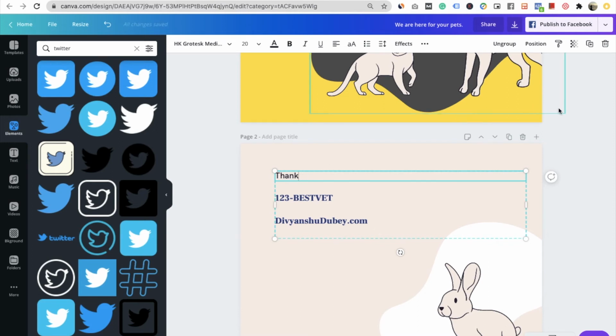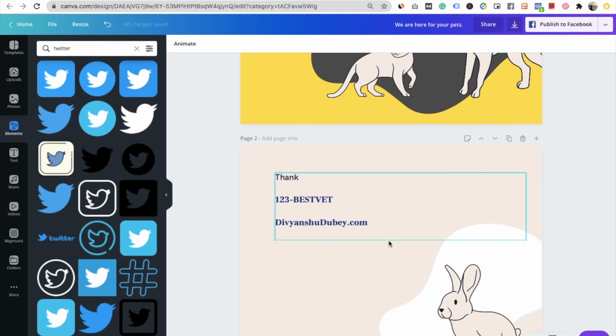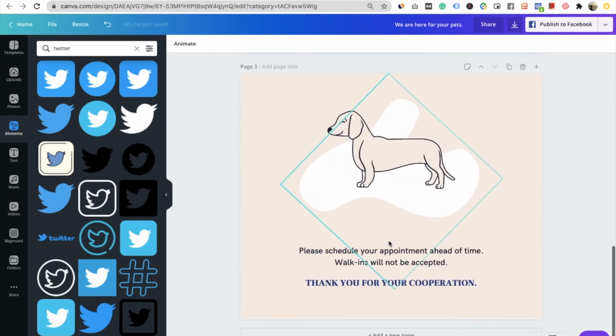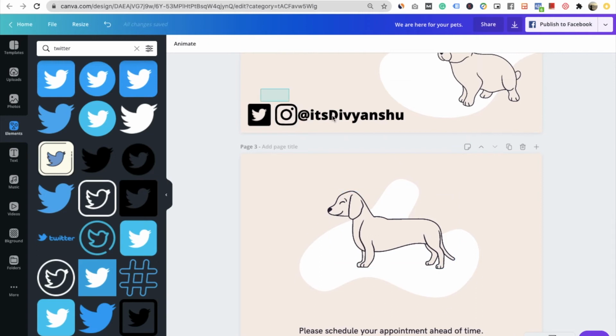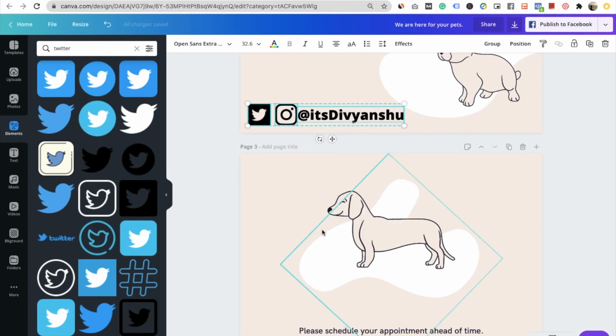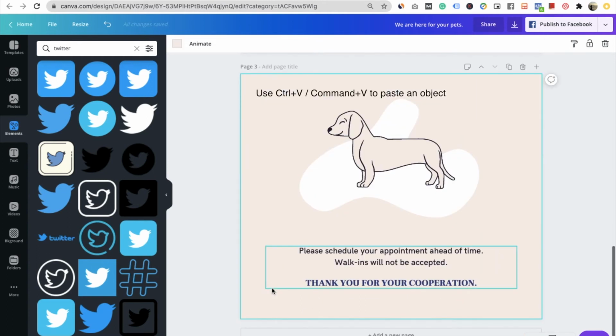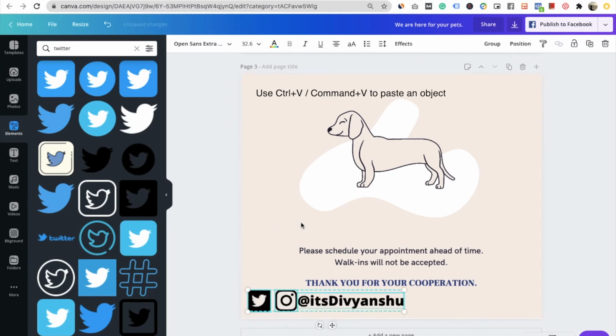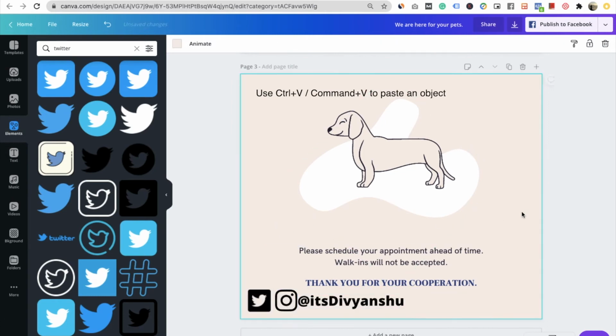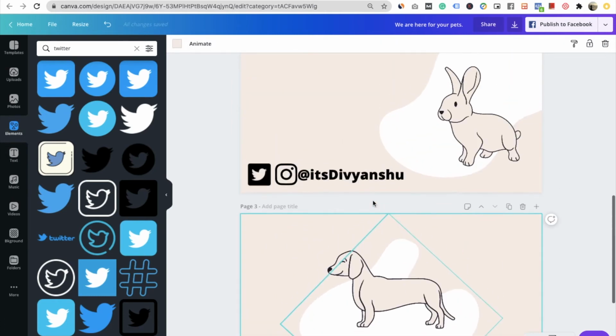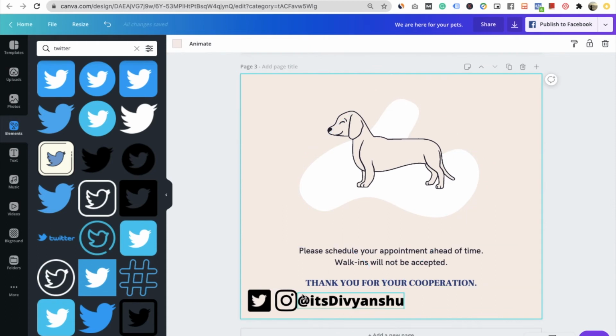Now next, there are options that I want to quickly take you through. Let's say I don't like this design, or here you can see there is a thank you page as well. If I want to shift, just quickly select all the design, click over here, copy, and go to this design. Wherever you want to paste it, just paste it. Okay, so it has been pasted on this page as well. Isn't it pretty amazing? Just a quick copy paste.